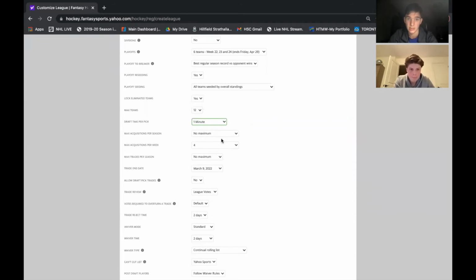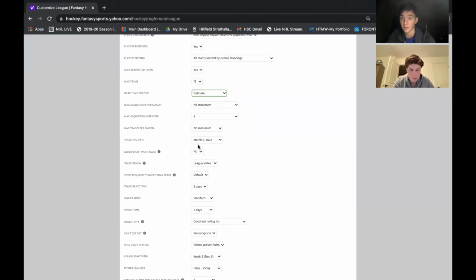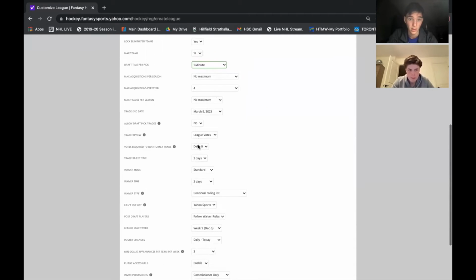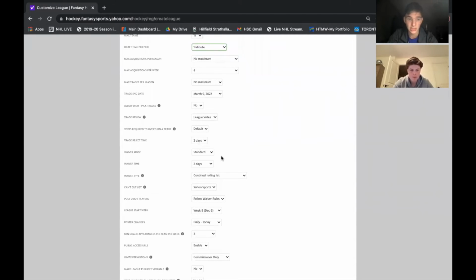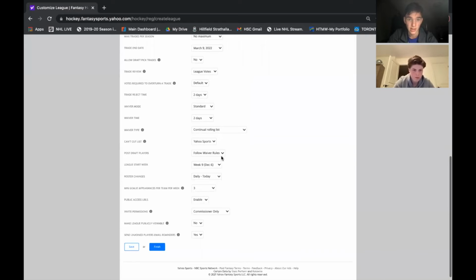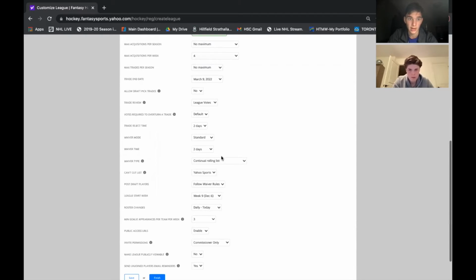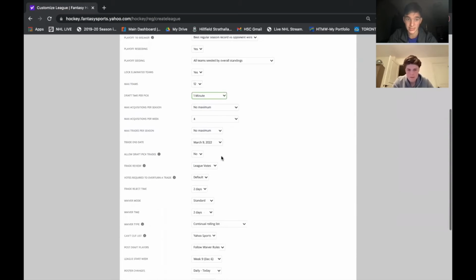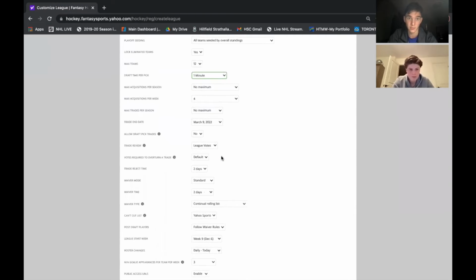Acquisitions per season, no maximum. That's just people picking up off the waiver wire like we were talking about before. All of these we just generally keep on the default. The big ones you just need to know about are if you want to change the amount of waiver adds you have per week, like I just said,